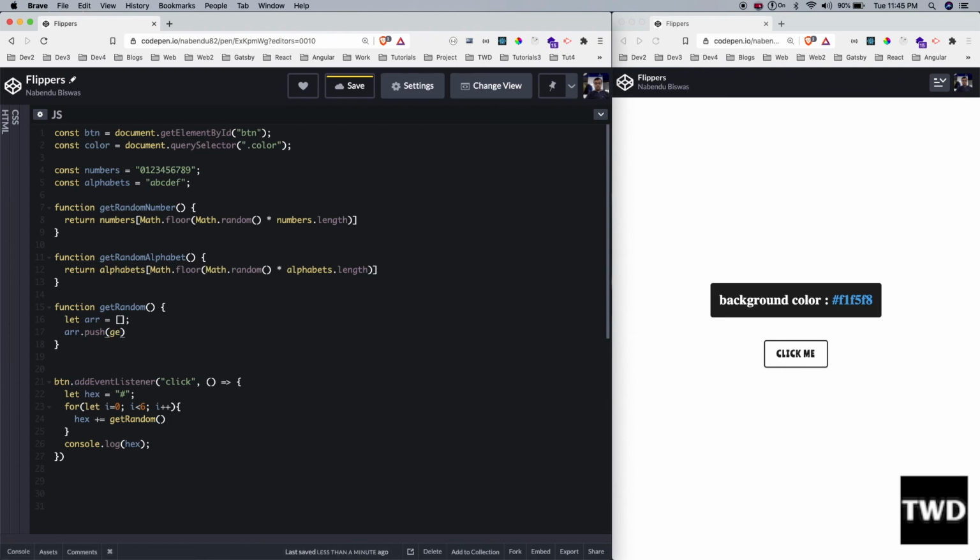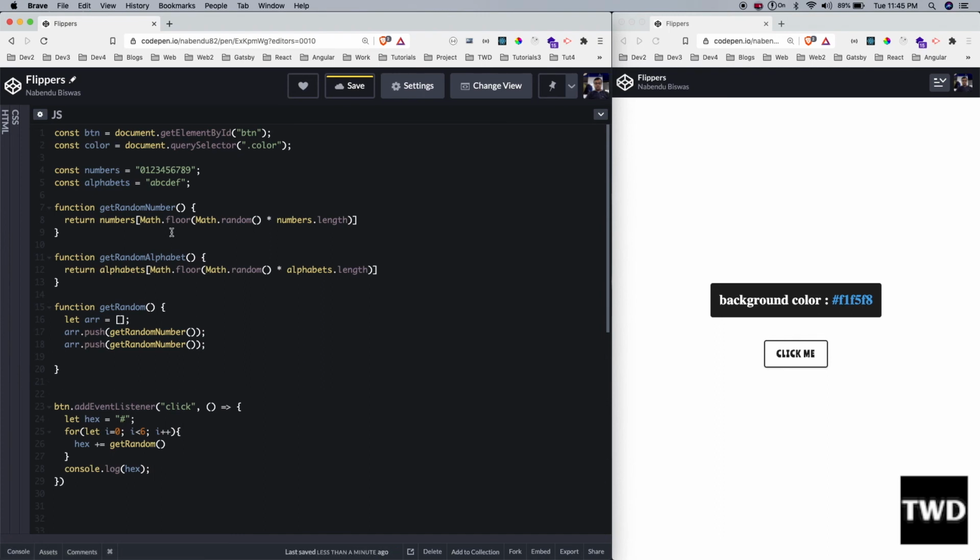So I am going to do getRandomNumber, and it will return me just one number, as we have seen, and again getRandomAlphabet.